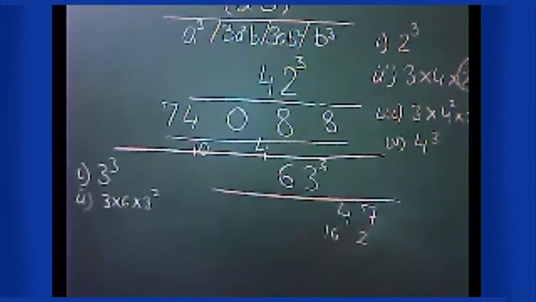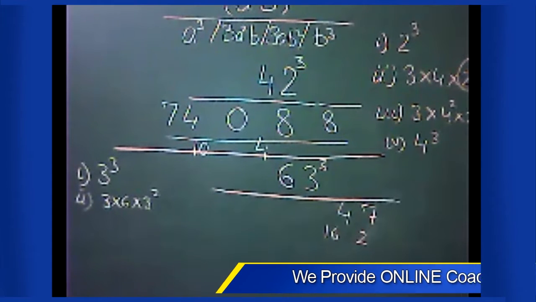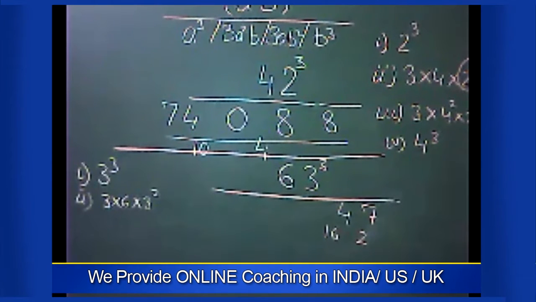I can understand that this is a bit lengthy, but if you just pay attention, you will be able to grab the technique. Kapoor sir, in the second step, did you do like 6 times 3, then 3 squared, 3 cubed? Yeah. Okay. So we have to do like 18 times 27. Yeah. 6 times 27.